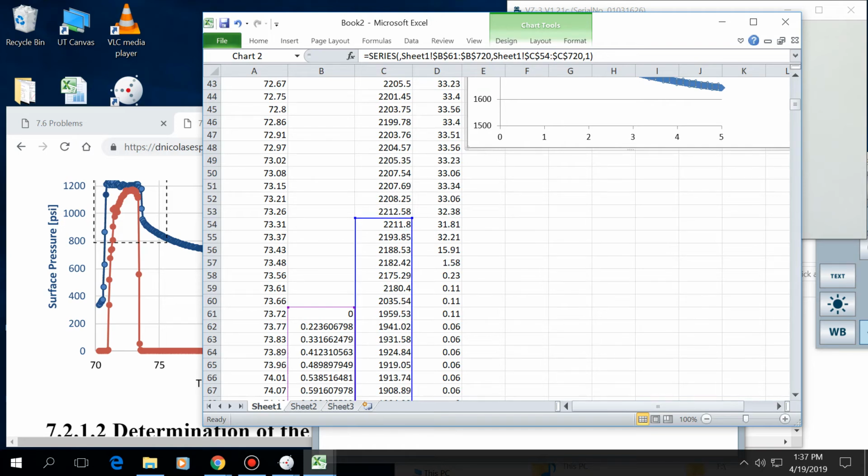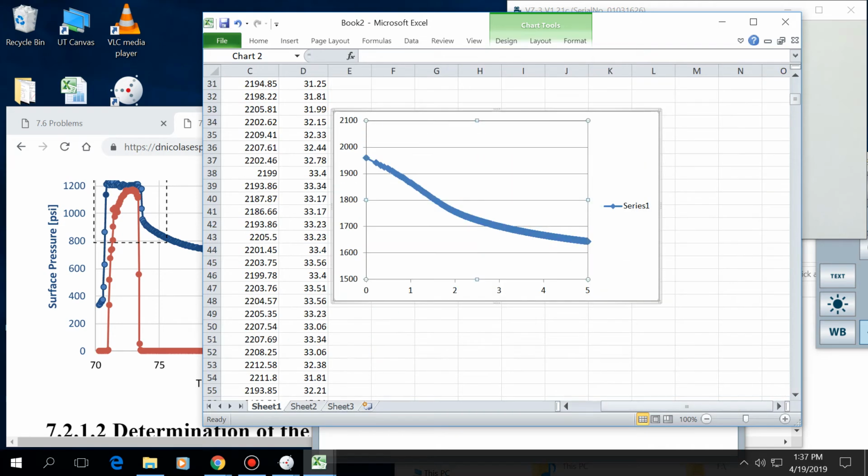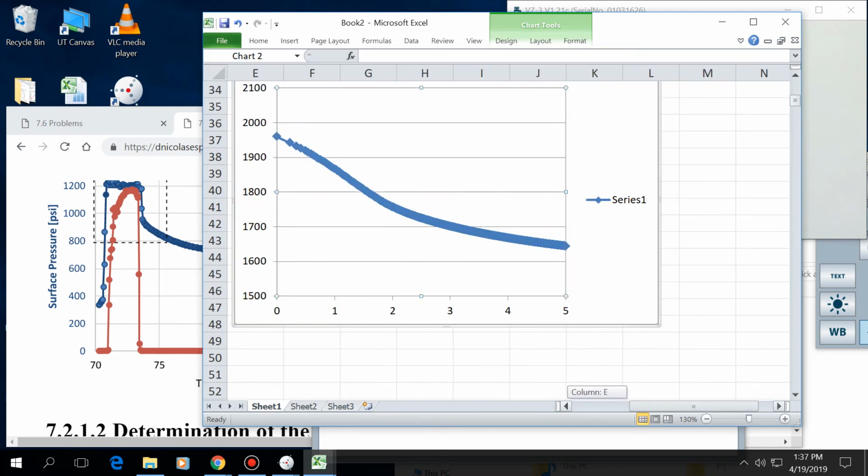So let me pick the corner. Okay, we could even discard that point. But now with this trend, we can see very clearly how the pressure goes down proportional to the square root of time in the x-axis, and then it starts to deviate at some point. So somewhere over here,